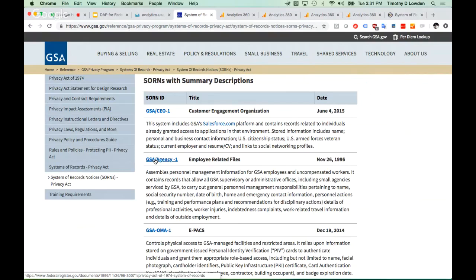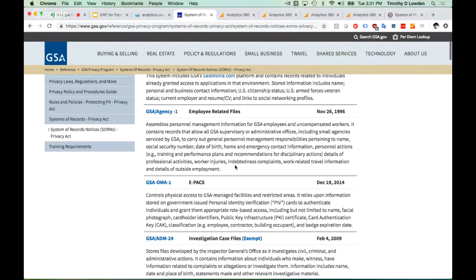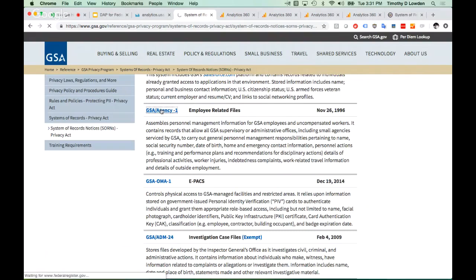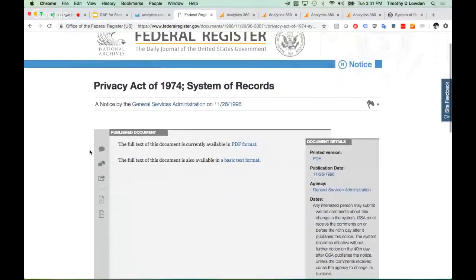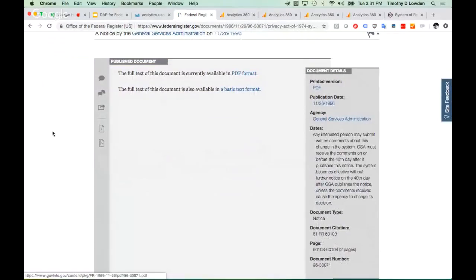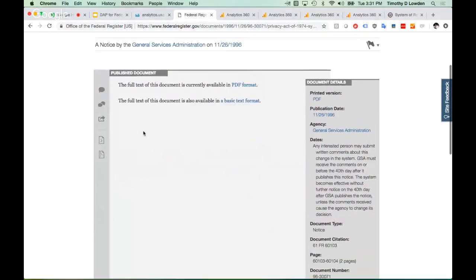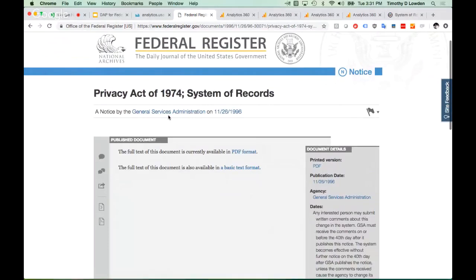And they're not files per se. They're just links that link out. If I click on this, it will link me to federalregister.gov. The text is, you can download it from Federal Register, but you can also get it in basic text here. So going from the GSA website out to federalregister.gov,